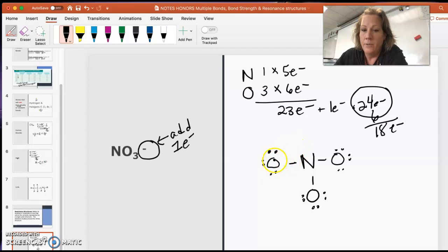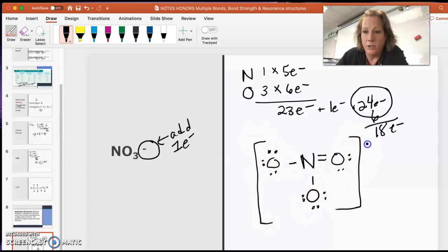I'm out. So the oxygens all have 8 valence electrons. The nitrogen only has 6. So I do need to make a double bond. I'm going to erase, and I'm going to put the double here. It's also an ion, so don't forget to put the brackets with the charge. But here's the deal. Resonance means this isn't the only structure. So I could have put the double bond here, and then,